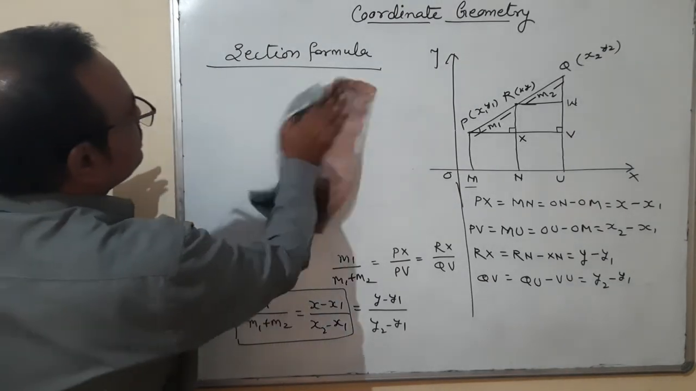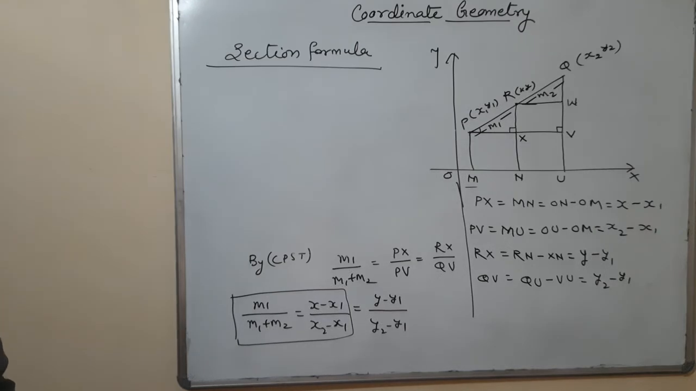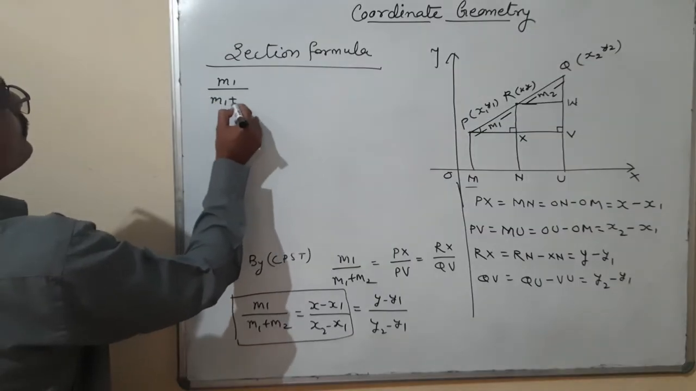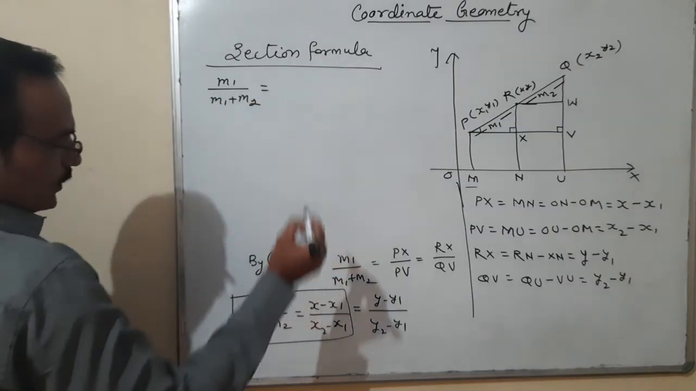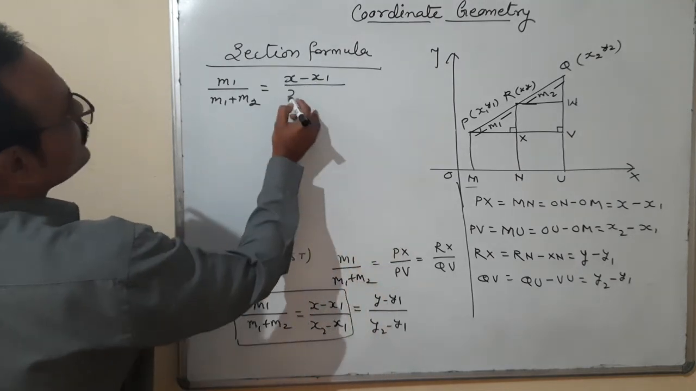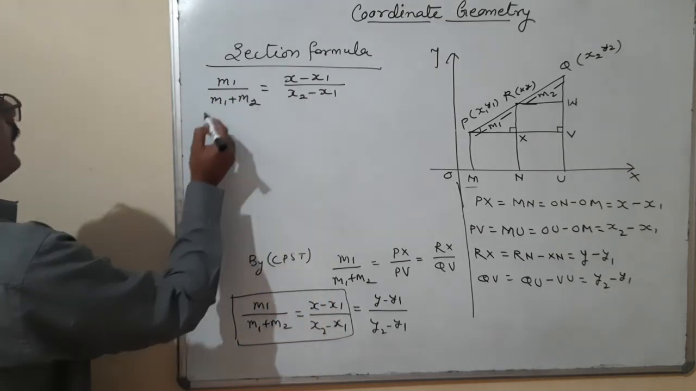y1 and y2. Cross multiply. m1 upon m1 plus m2 is equal to x minus x1 upon x2 minus x1. Okay, cross multiply: m1 x2